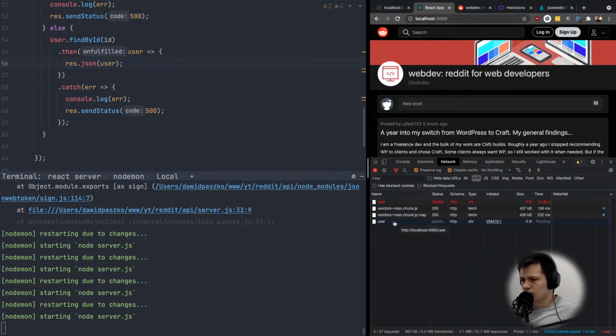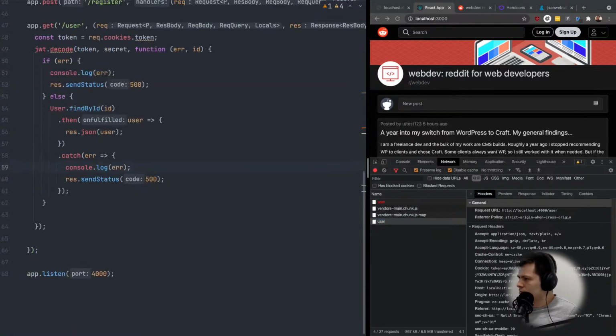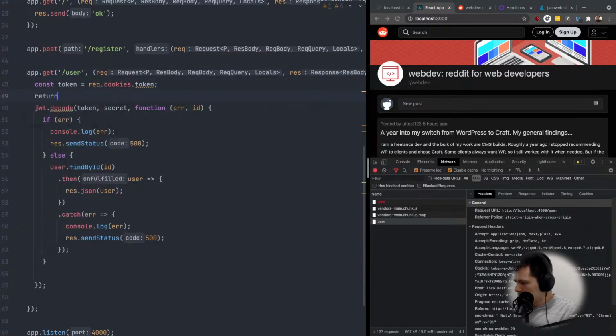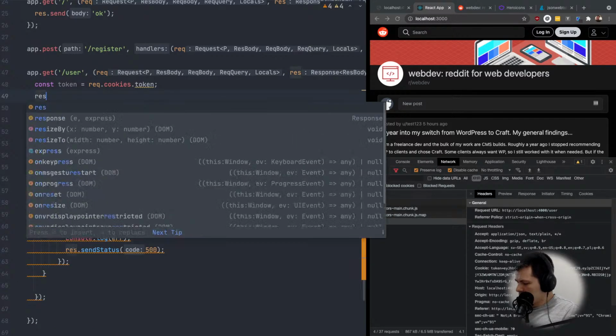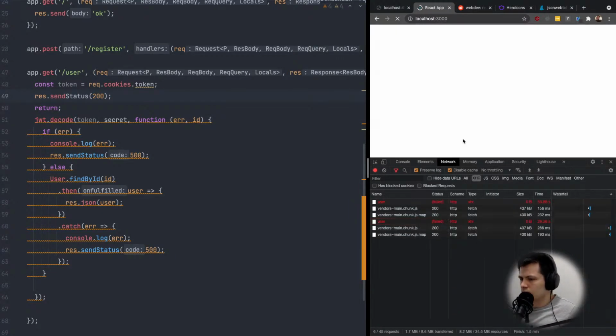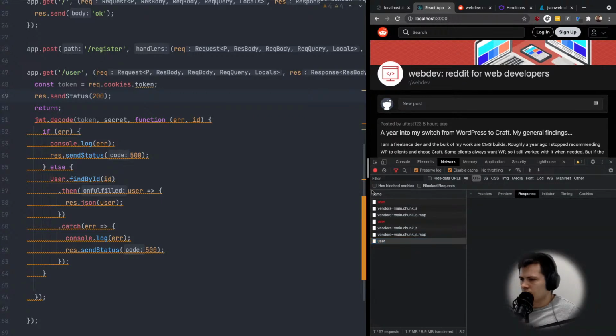Okay, the request doesn't finish. Let's see, localhost 4000/user. I will just return anything to see that it works. Send status 200. Yes, it works, but